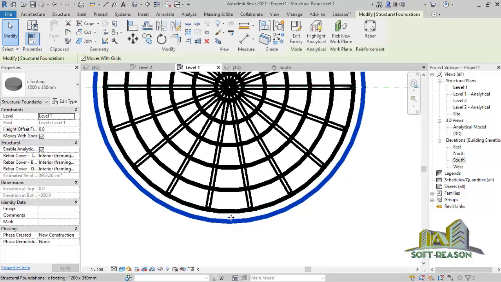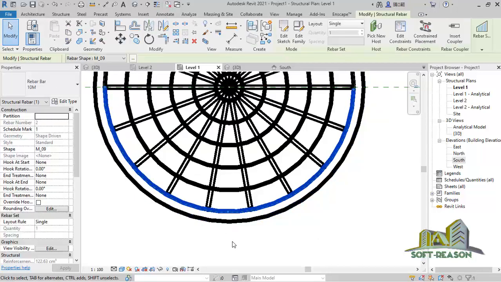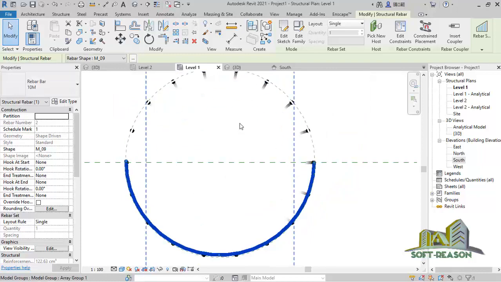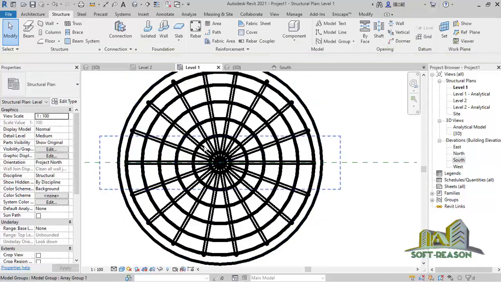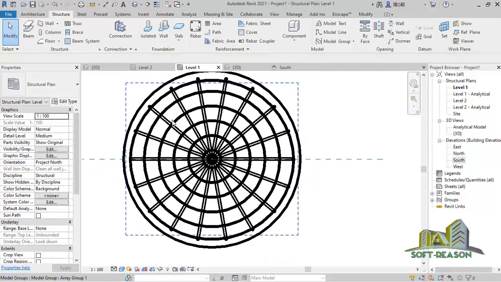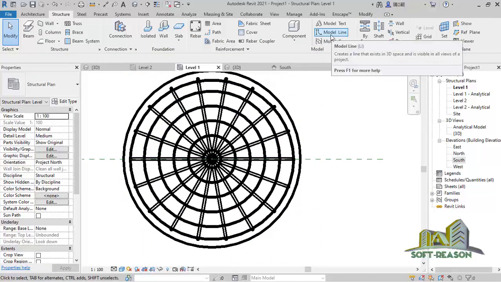Click on that. This one. Okay, then use the arrow key, the up arrow key to move it inside, just small like that. Then go to the other side, select that one, use the down arrow key to move it. Alright, that is okay. After setting that successfully, go back to the rebar again. Alright, so select rebar